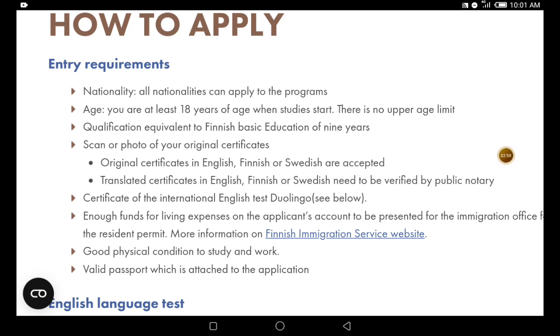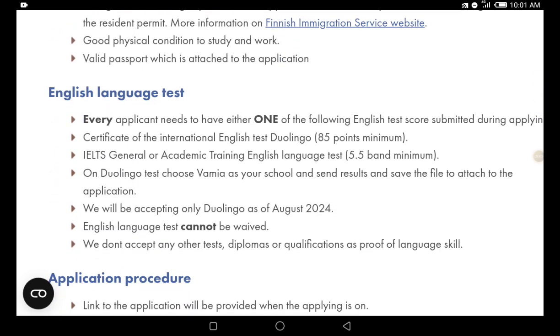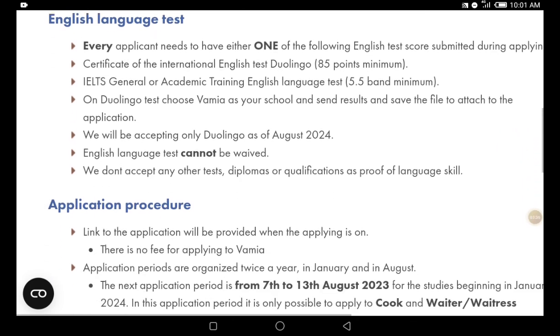And it is also written that you need the certificate of English test, and if you want to apply, you need either the International English Test Duolingo of 85 points, or you need the IELTS General or the IELTS Academic of at least a minimum of 5.5 band. Okay, so you also need to understand that this school is currently taking admission now. This is why I bring this information to you. And the language test cannot be waived, so you need to get that information right. We don't accept any other test, diploma or qualification as proof of language skill, so you must provide your